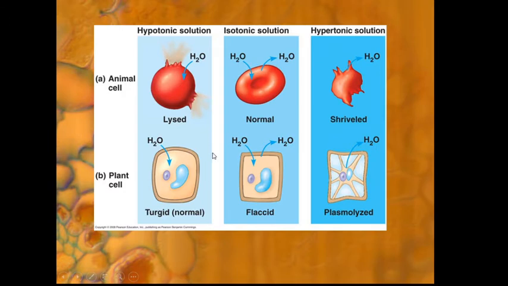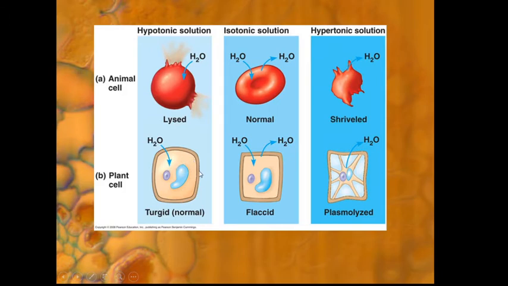What do you mean by hypotonic solution? Hypotonic: the solution where the concentration of sugar or salt is less, and the water concentration is more. Hypotonic means the one which is having more water concentration. So then quite naturally the water moves into the plant cell, because of which the cell will become turgid.